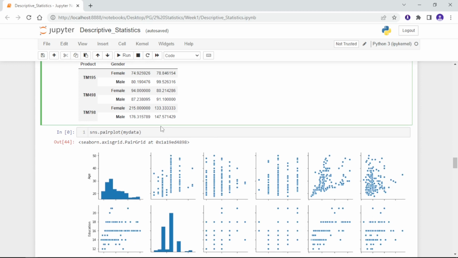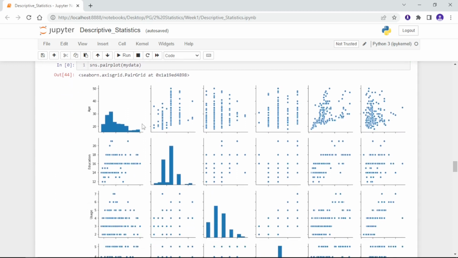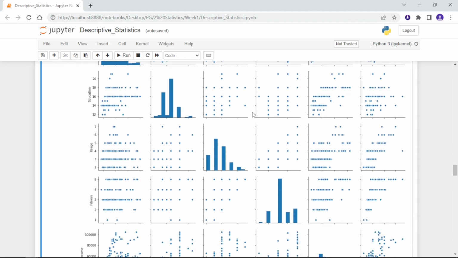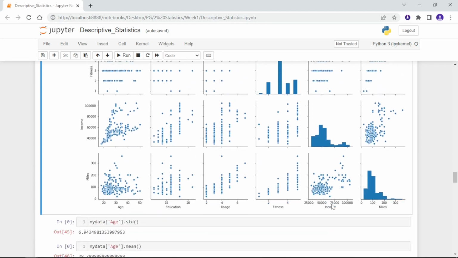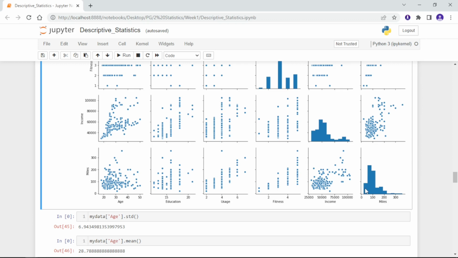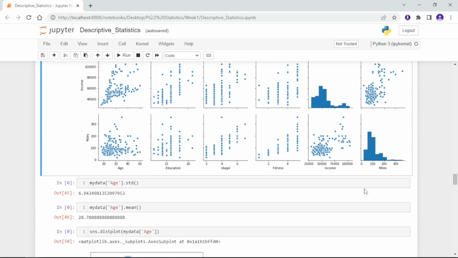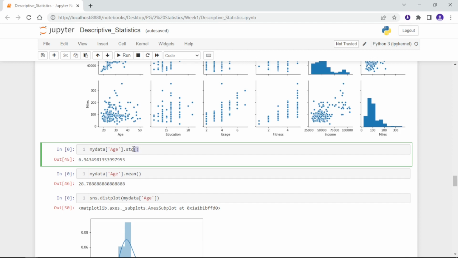So if we get the pair plot for my data, here you can see that this is for age, how the age behaves here. Okay, this is for education and this is for usage. Here you can see that on the diagonal we got the bar graph, right. So yeah, next if we want to get the standard deviation, we just use the std function, but remember that